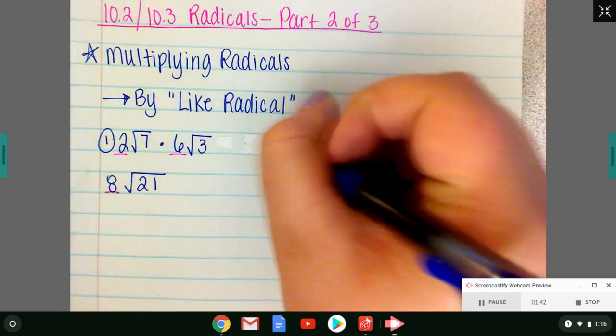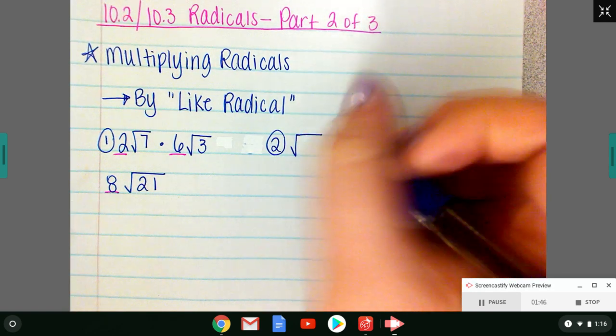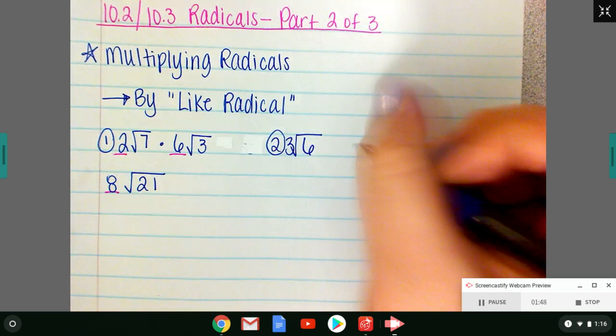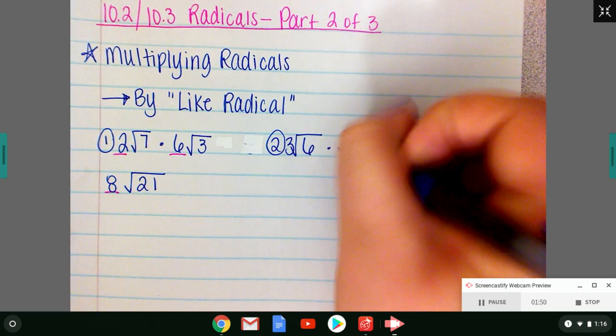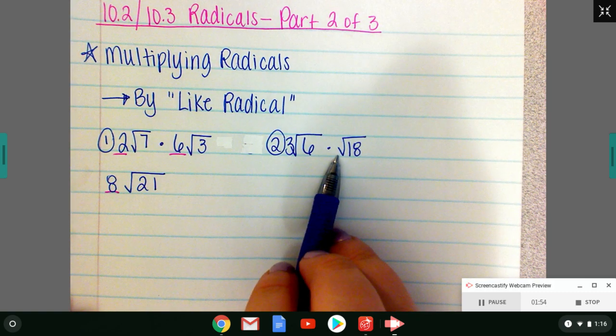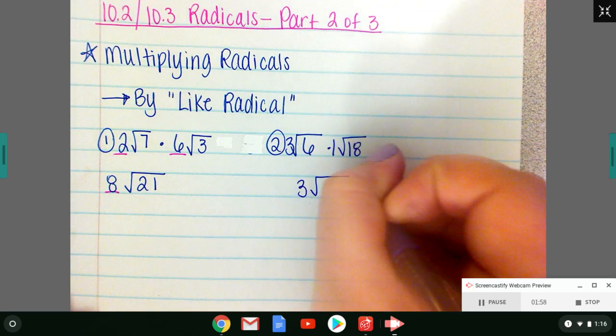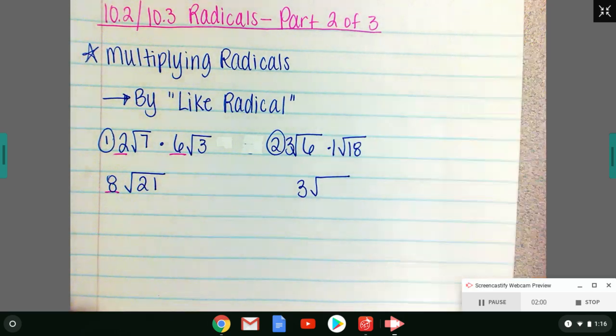Let's do another one. How about one like this? Let's do 3 square root 6 times root 18. So stuff on the outside, we've got a 3. We don't have anything on the outside with the 18, so there's like a 1 there. So 3 times 1. And on the inside, 6 times 18